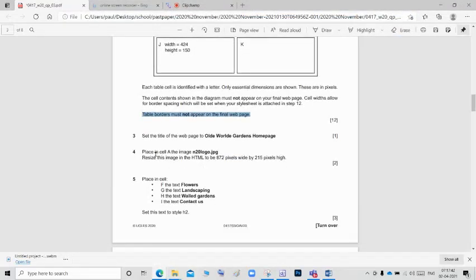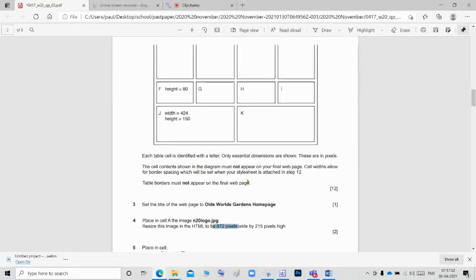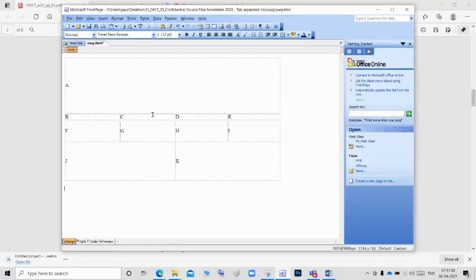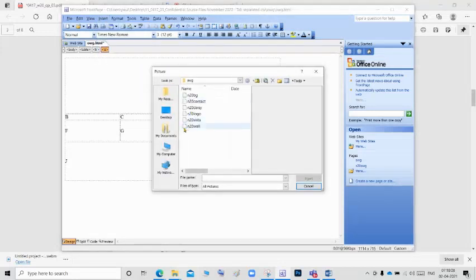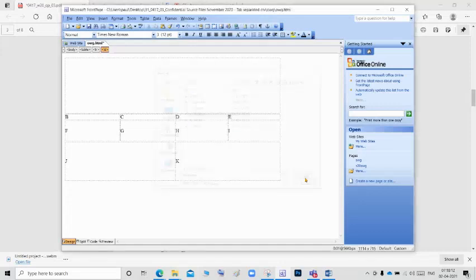Next, first one. Place in cell A the image N20 logo, and resize the image to 872 pixels width and 215 pixels height. Okay, in cell A, we want to insert the image N20 logo. So go to the cell A and delete the letter A. After that, go to insert picture from file, and this is the N20 logo, this one, and insert.